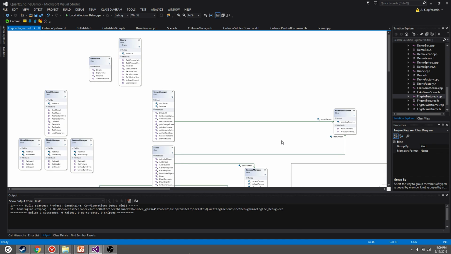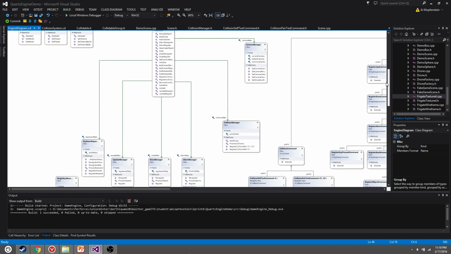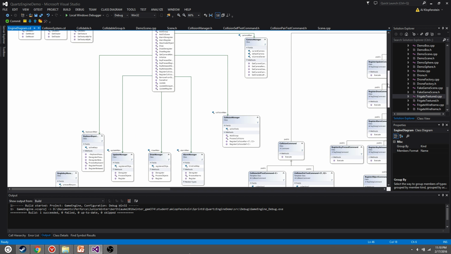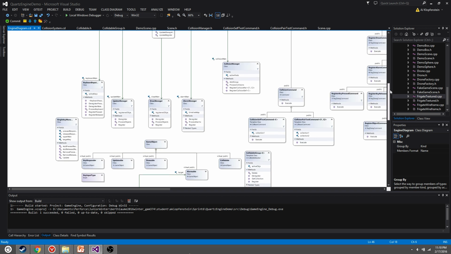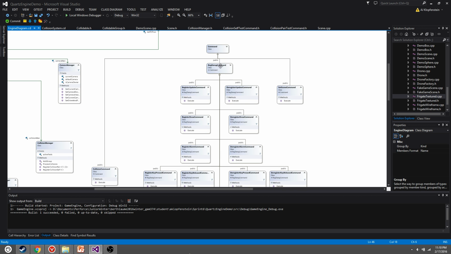Alright, for this week's sprint, I've gotten most of the collision system done. Thanks to templates and their particular quirks, I haven't got the singletons to be deleted yet, but I'll show you what happens when I try to delete them. But what I have gotten done is I've gotten the command class split into a couple of